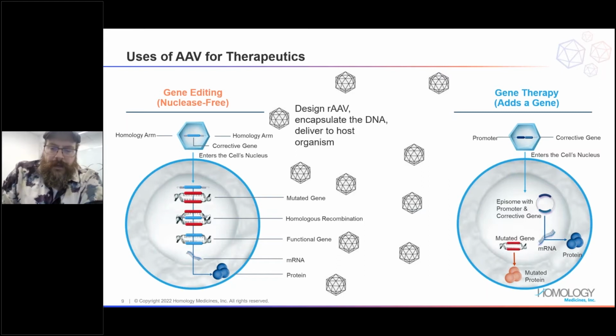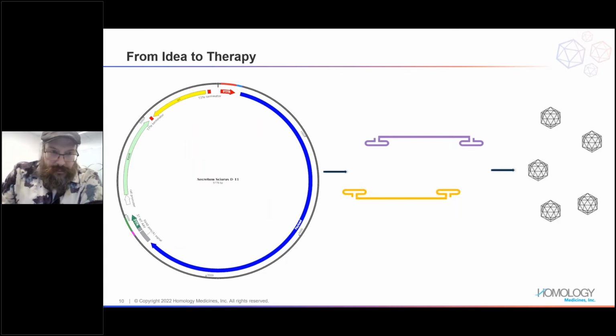So how that applies to us is, again, we go from these ideas to wanting to generate a therapy. We can see here a conceptualized plasmid that I just threw together for this talk. You've got these plasmids, and they are peeling off your positive and negative strands. You've got ITRs that need to be on either end of that, the blue circles you can see in the red and the green labeled ITRs. Those are your hairpin pieces, which are necessary, and those, of course, drive you getting a fully loaded capsid.